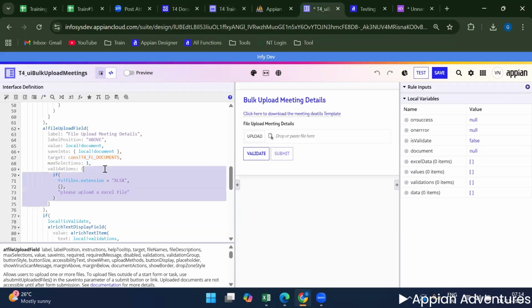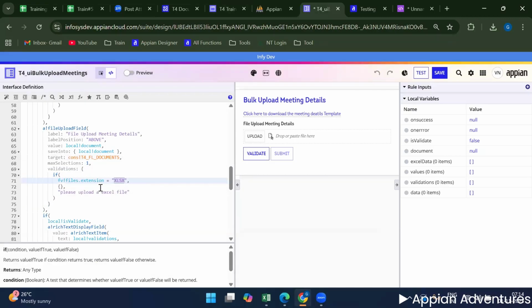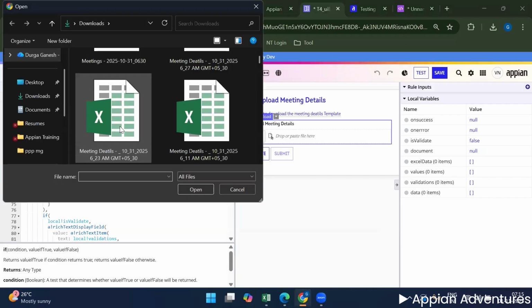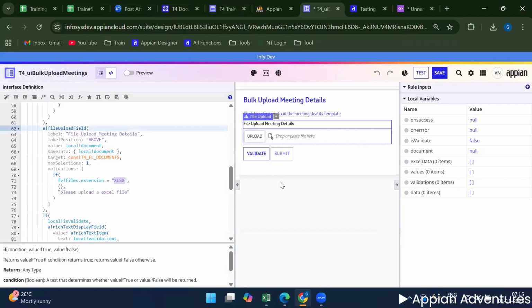Later on, I have added one validation called XLSX. Means if the file extension is Excel, we are not restricting the users from uploading. If it is